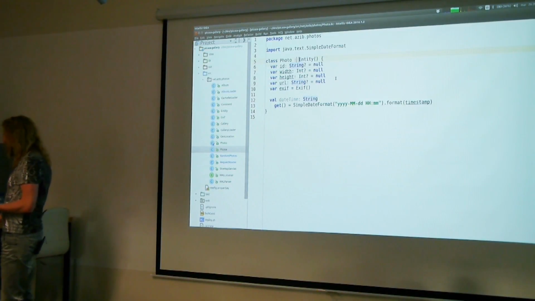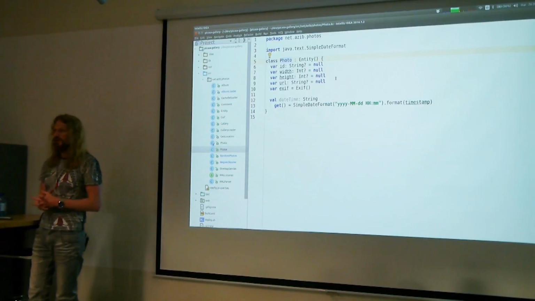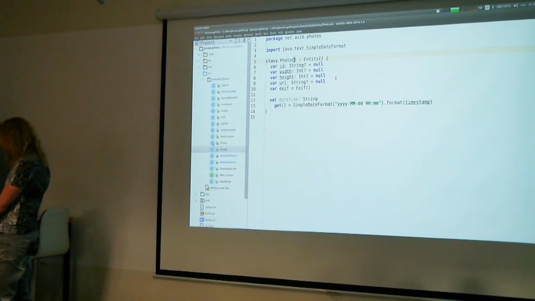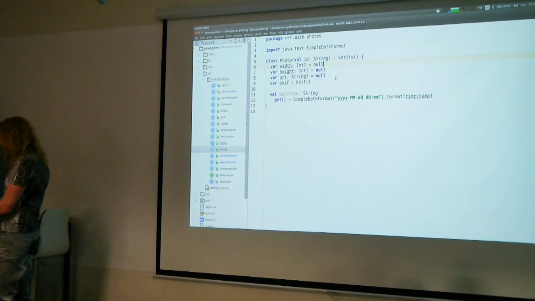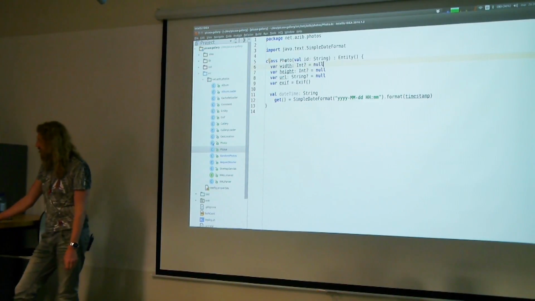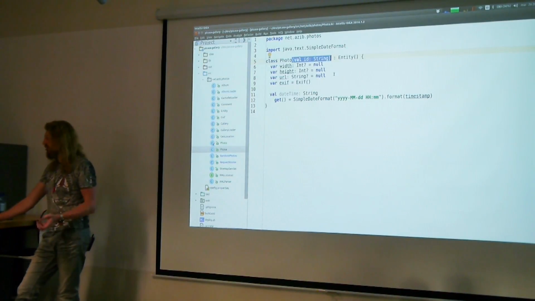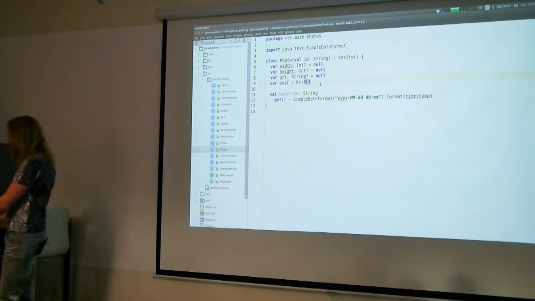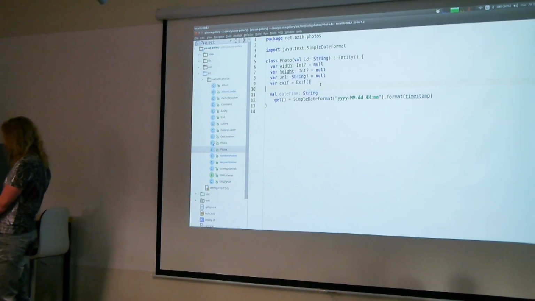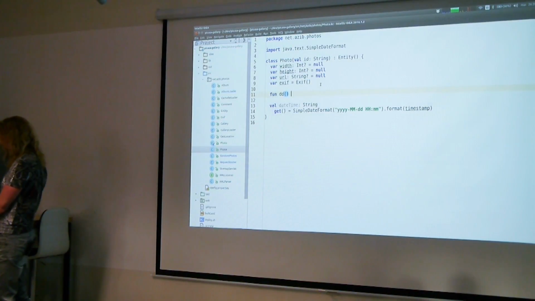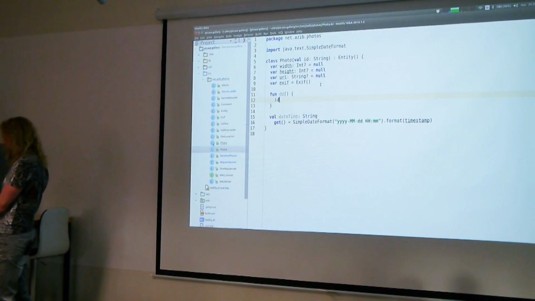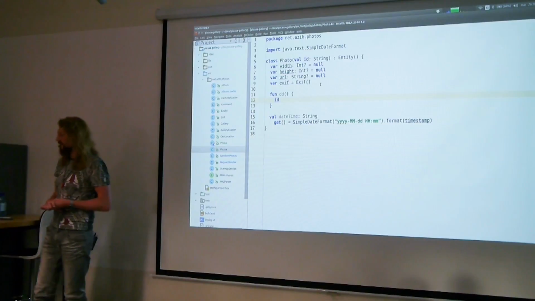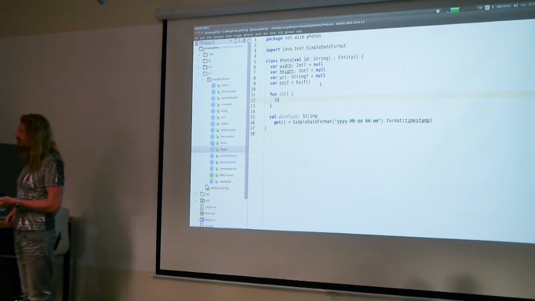But in Kotlin, you can use even better syntax. If you want to create a nice little immutable class, you can declare fields here, like this. For example, now I have defined a Photo class, which has a constructor taking one parameter, which is a non-nullable string, and at the same time, this id is a field also. So I can use it in some function inside here, so id is perfectly visible from here. This is like, I think Scala does the same, right? I don't remember anymore.